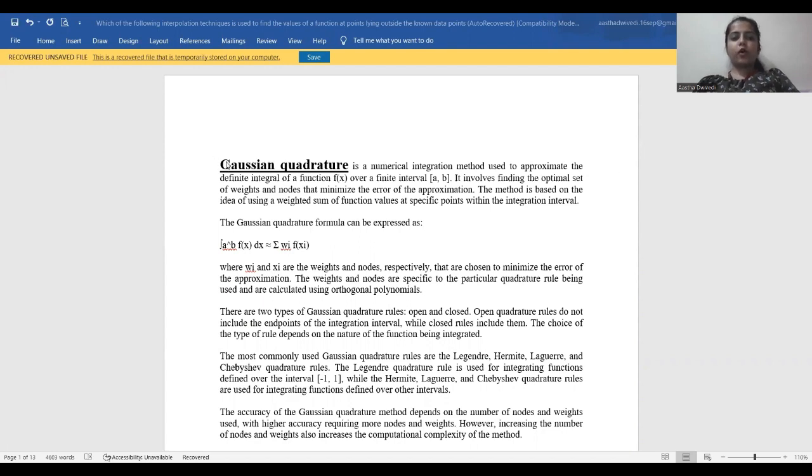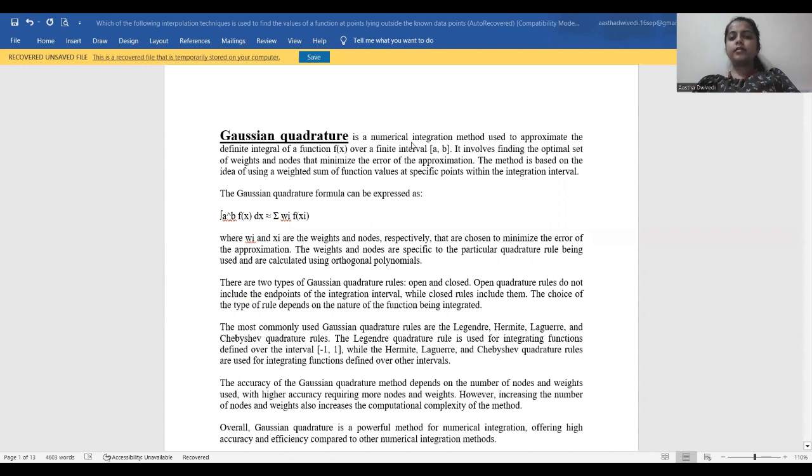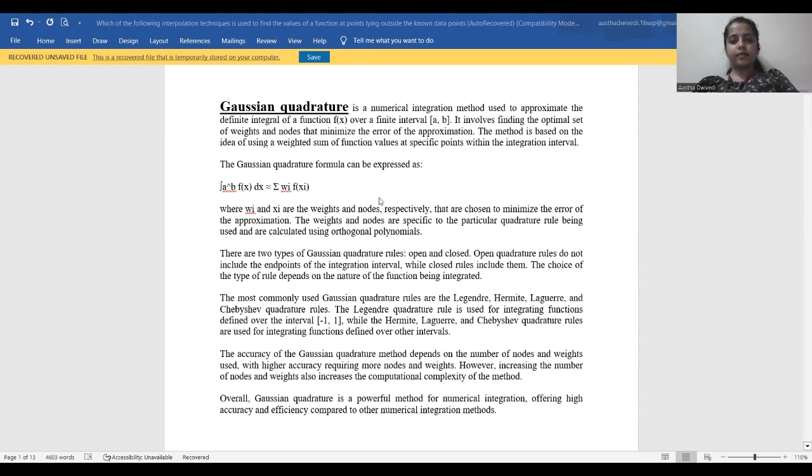First topic, Gaussian quadrature. It is a numerical integration method used to approximate the definite integral of a function f of x over a finite interval a to b. It involves finding the optimal set of weights and nodes that minimize the error of approximation. The method is based on the idea of using a weighted sum of function values at specific points within the integration interval. The Gaussian quadrature formula can be expressed as this,